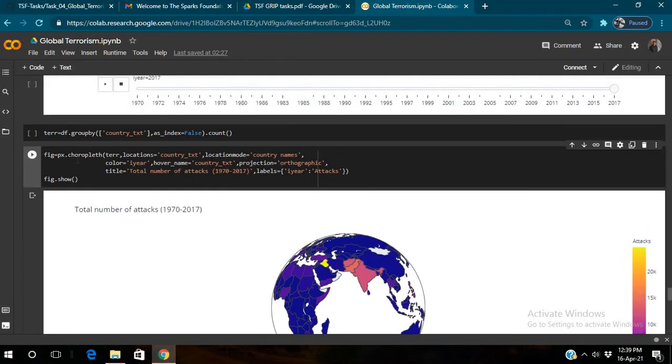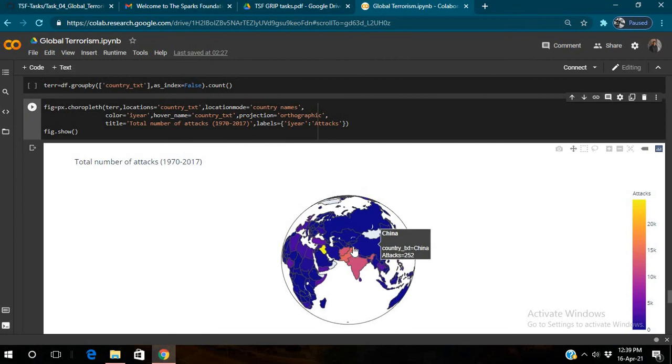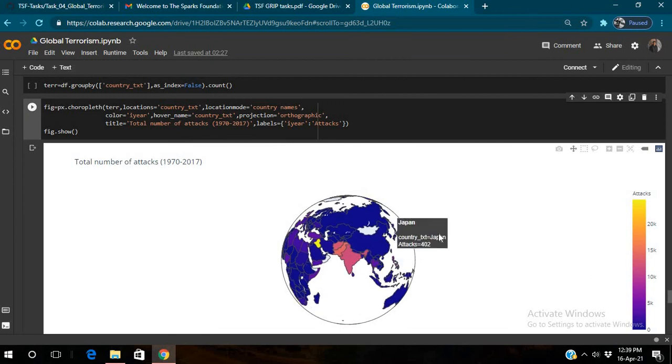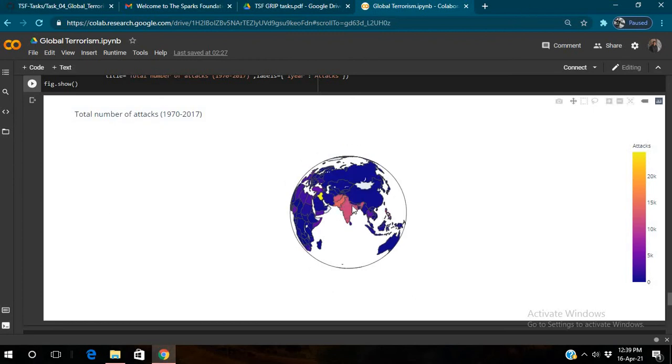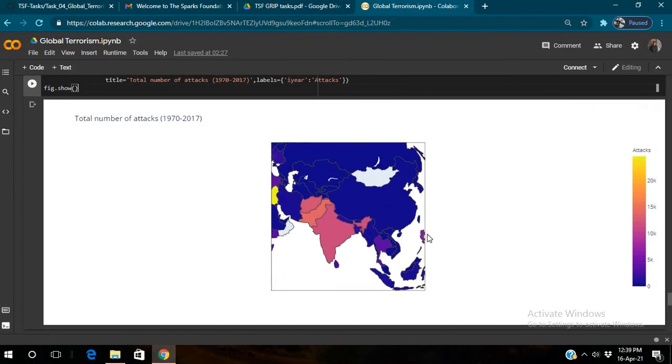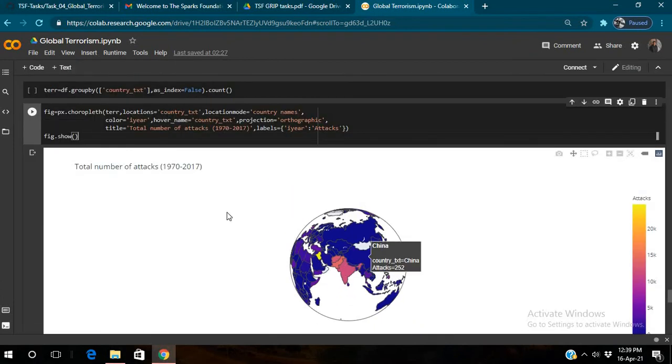After running the code, suppose we are trying to find it on the map itself. This is the best way of visualizing the data when we are using global countries, right? So this is the code for it.